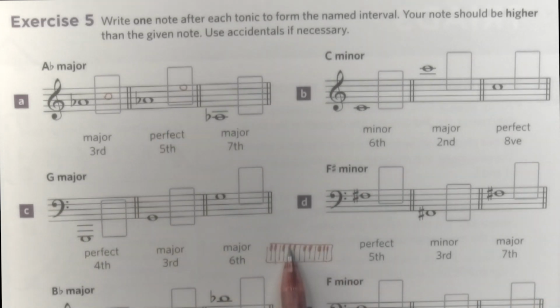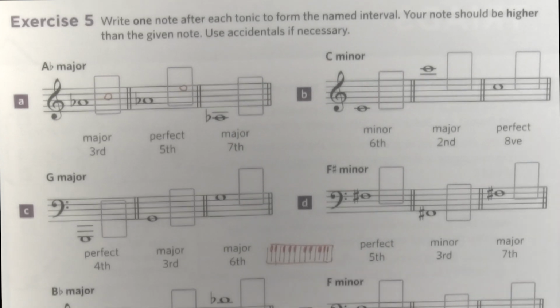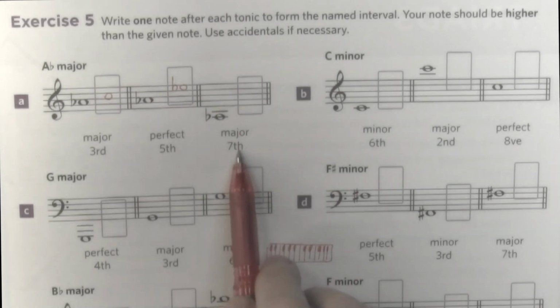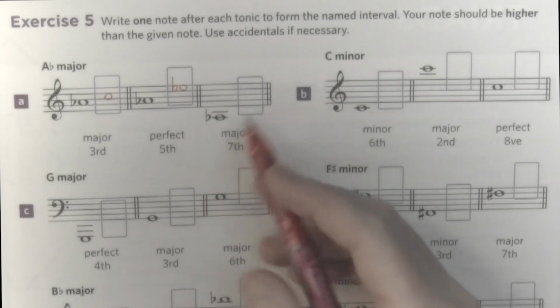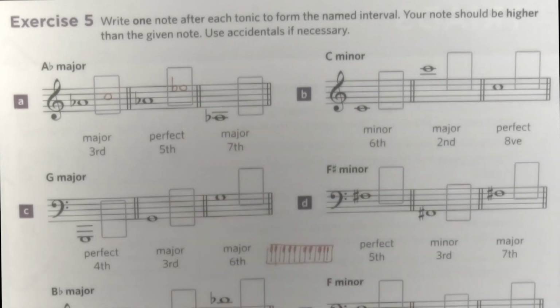So A flat, 3 tones and a half. 1, 2, 3.5. So we need the flat, and we draw it. Done. A major seventh. Okay, this is a semitone below from this, because we flip it over, we find Sol,